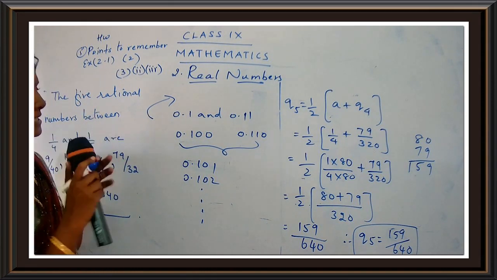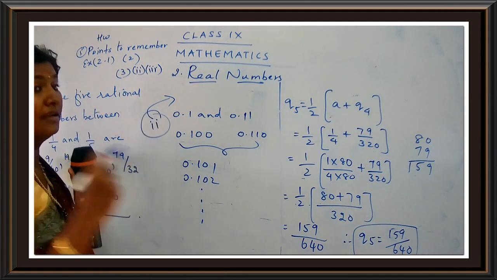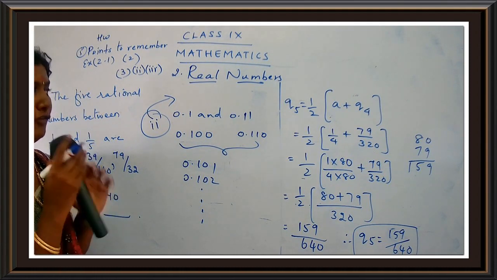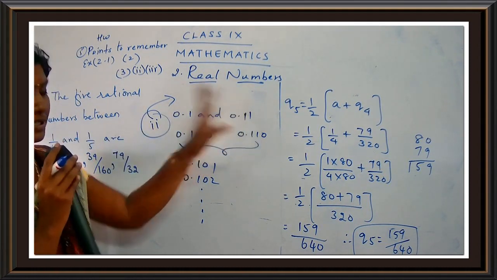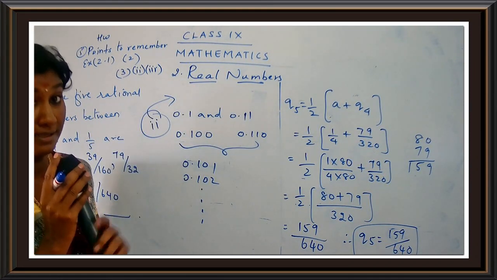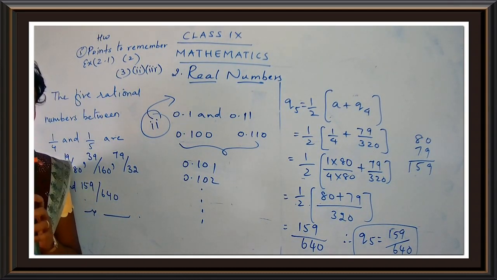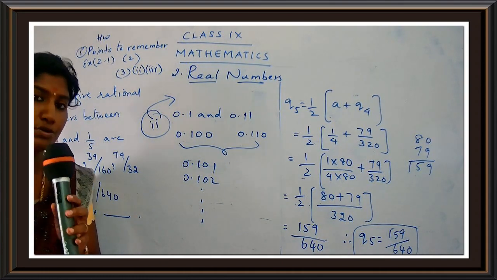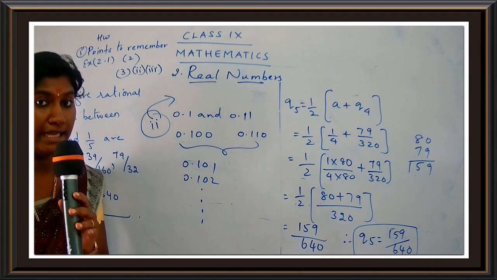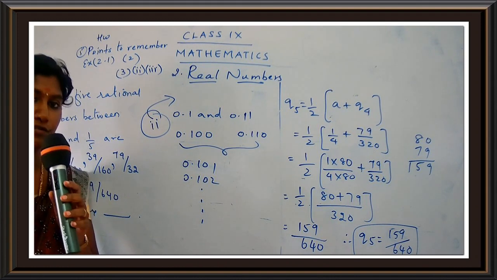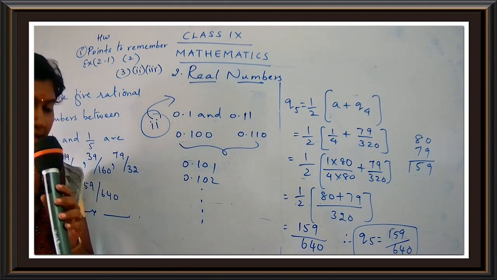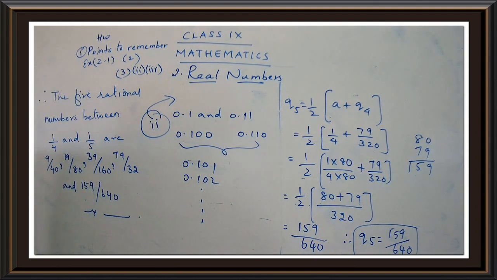So the second subpart will be done directly, and for the third subpart you have to use the formula and get the answer. Just note down, children, you have negative numbers over there, so be careful with the sign. You have to apply the concept of integers over there. Solve the sum and get the answer. So with this, we complete our exercise 2.1, and we will be continuing with exercise 2.2 in the next class.